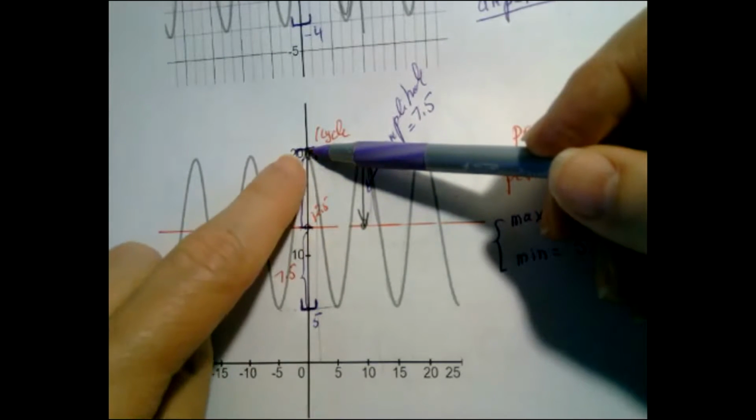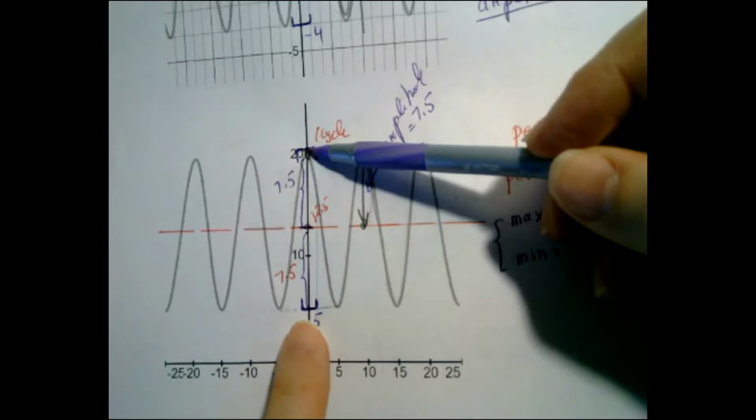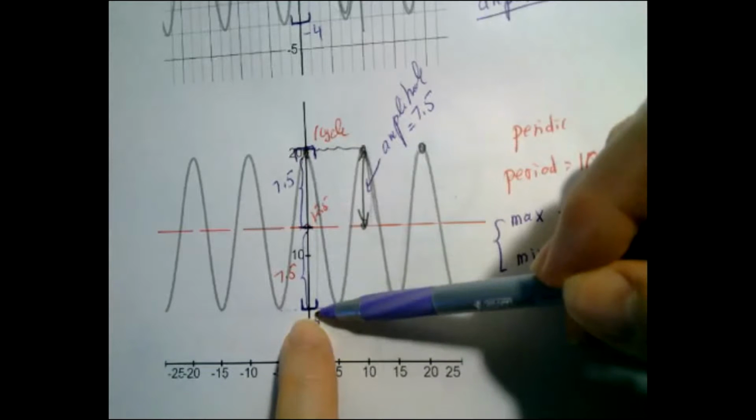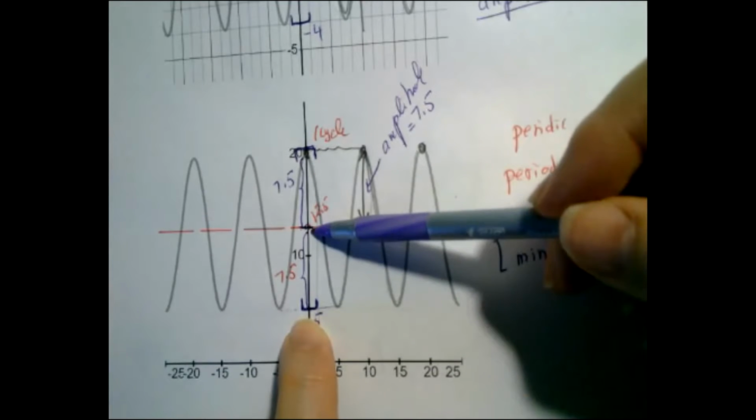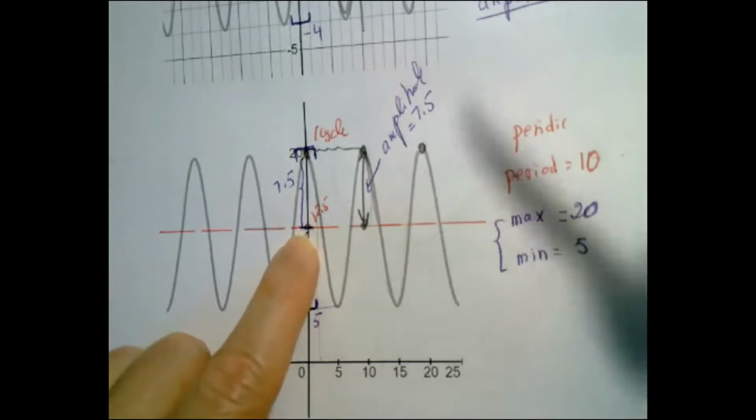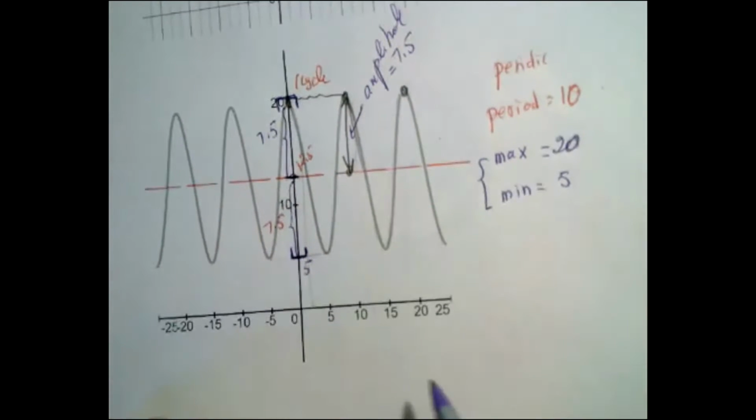What we did, we took the max minus the mean. What did this give us? How far apart from here to here I have. And then I divide this by 2 because I need half the distance for the max. So the amplitude,